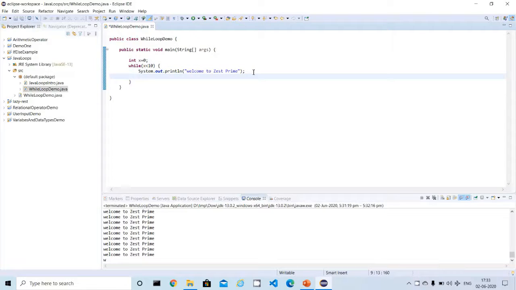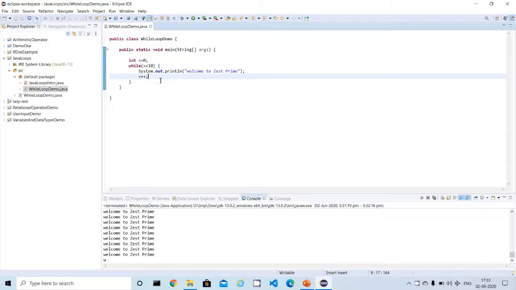We have to increment x, otherwise this will also become an infinite loop. If you are not changing the x value, it will create an infinite loop. So I'm using the post-increment operator, x plus plus.